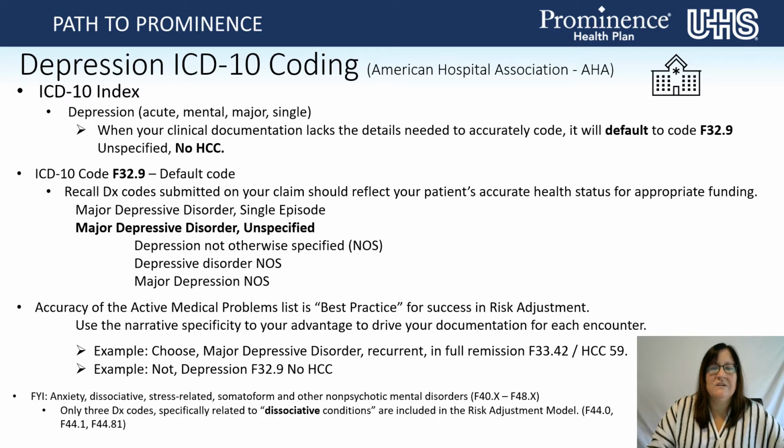So instead of just choosing depression or major depression or depressive disorder, which codes to F32.9 as a default code not included in the risk adjustment model, use your active medical problems list and the narrative provided to get you to the depression specificity that you need, such as major depressive disorder, recurrent, in full remission, which would code out to F33.42, HCC 59. And just as an informational purpose, anxiety, dissociative, stress-related, and/or other non-psychotic mental disorders, codes F40.X